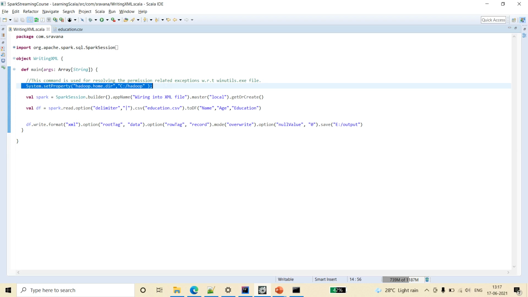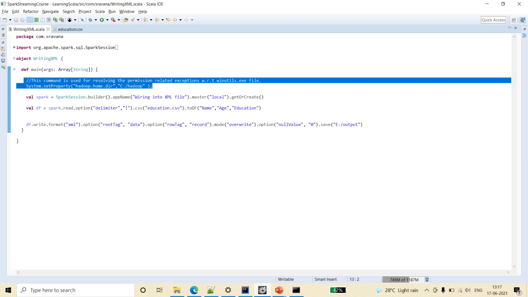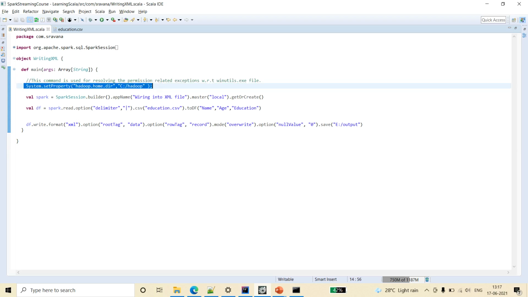For resolving such kind of exceptions, set this property here, or you can set C drive Hadoop, wherever you are storing your winutils.exe file. Add that in the Hadoop home and provide chmod 777 permission to that. That will resolve that issue. Then I have created the Spark session variable.